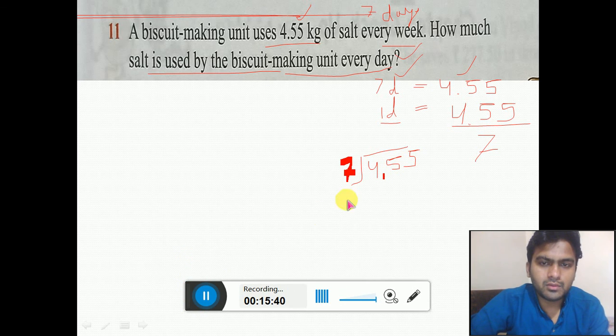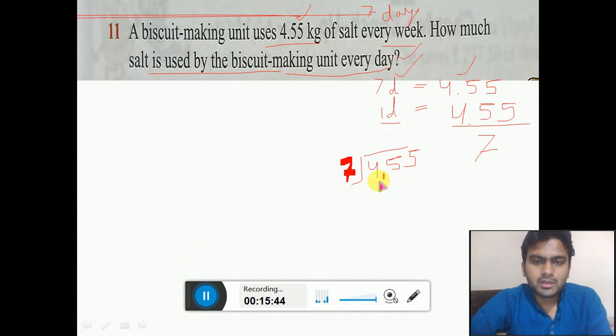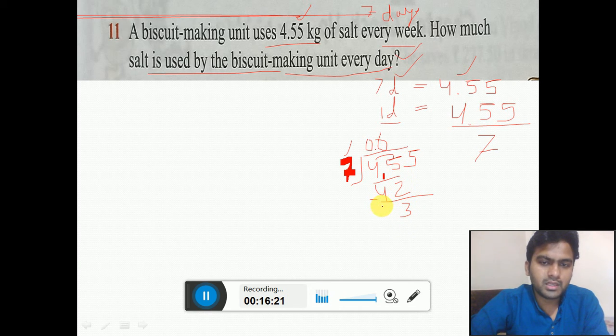So 7 is a whole number and this is a decimal number. Now here 4 is less than 7, so we cannot divide 4 by 7. So what we will do, we will put a 0 and decimal point after this 0, and then we can take the next number written on the right-hand side of the 4. So the number is 5 and this number becomes 45. Now we can read the table of 7: 6 7s are 42. Now we will subtract and we will get 3 from here. 5 minus 2, 3, 4 minus 4, 0.